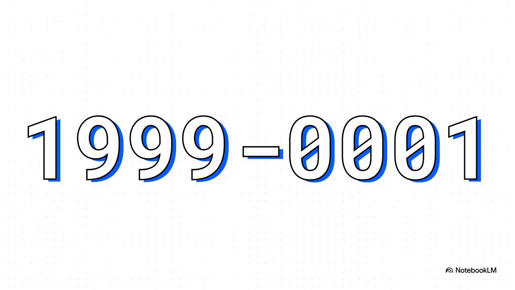That 0001, that number is everything. It marks the moment the cybersecurity world went from, frankly, total chaos, scattered mailing lists and pure guesswork, to actually creating a common language for fighting vulnerabilities. This is where the order began.